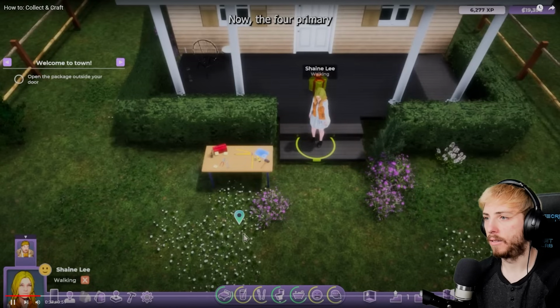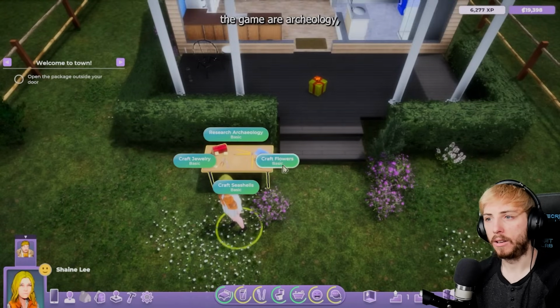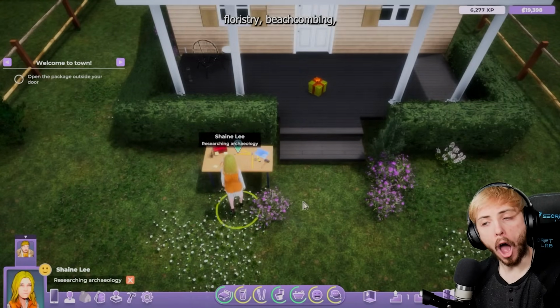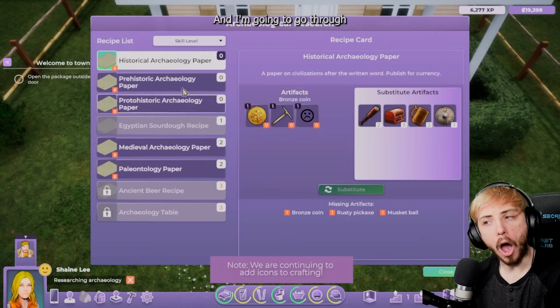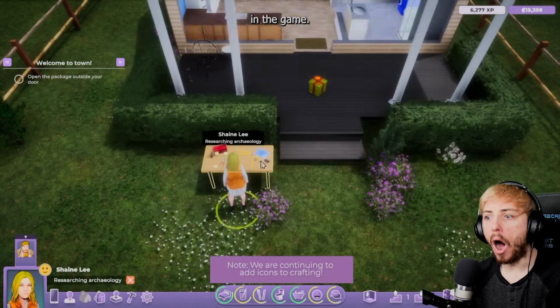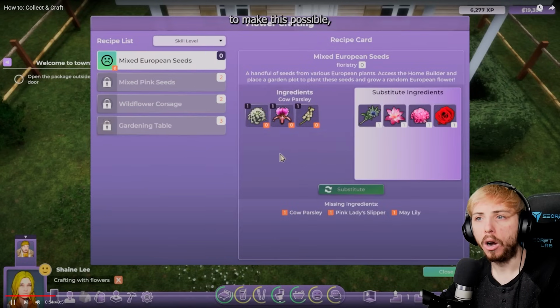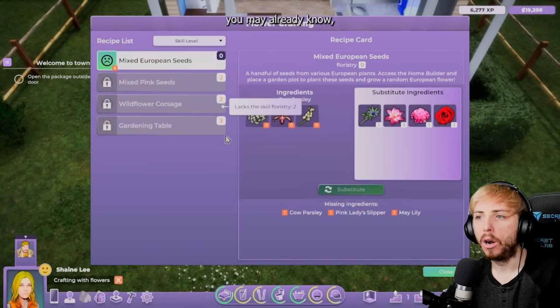a lot. Now, the four primary crafting categories that we decided to include in the game are archaeology, floristry, beachcombing, and jewelry making. And I'm going to go through each of those four categories and tell you what they're like in the game. Whoa, whoa, whoa, whoa, whoa, whoa, whoa, whoa, whoa. Work with many different departments to make this possible, including some of the people you may already know, like, oh